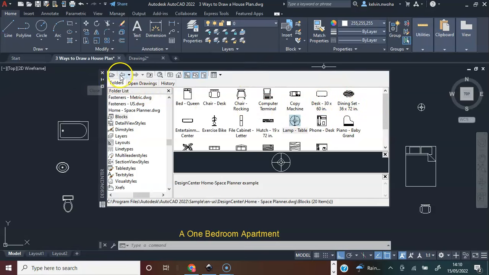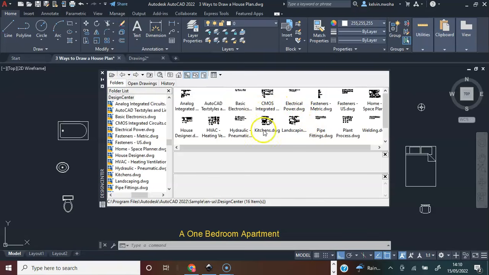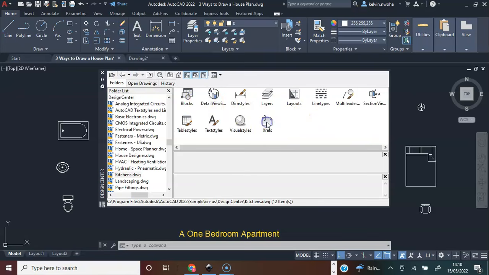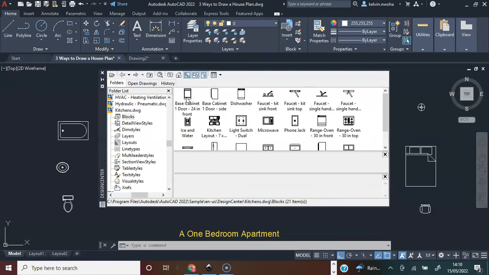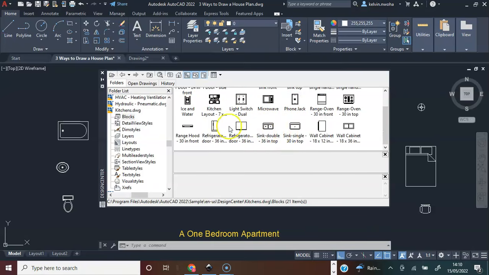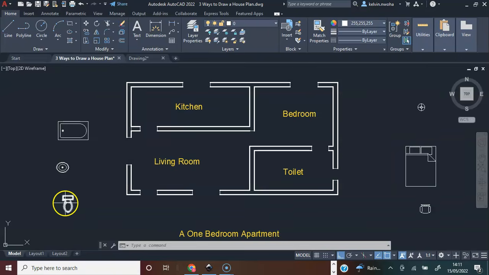Once I bring out everything I need, next, this is kitchen. I can double click on this block and I will bring out everything I need for the kitchen. When I'm done, I will click this close button. Next, for the toilet top, I will click